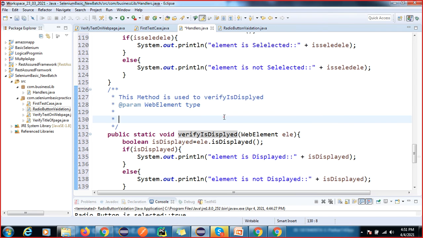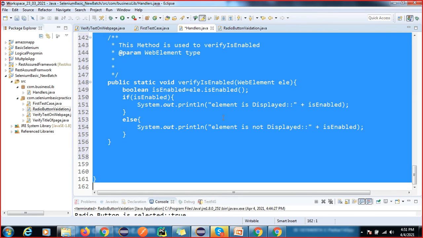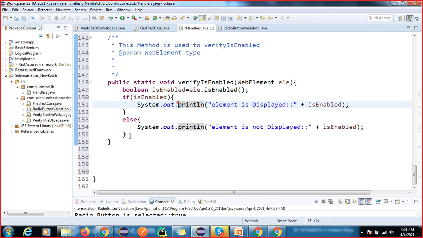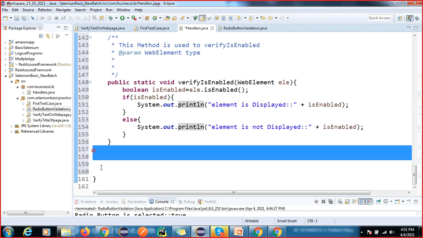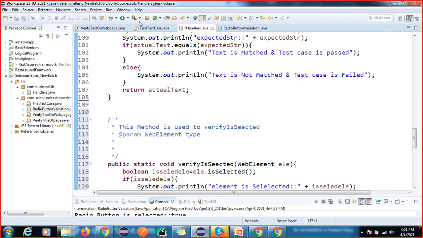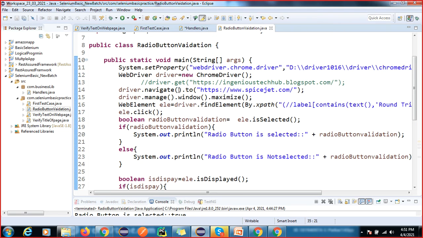Okay, so this is done. You can make this systematic way, I think it's already fine. Having some space, so I just deleted this space and all. Okay, so done, right? We have completed this, all the methods reusable we have made. And we'll go into our test runner class and we'll do the same thing.